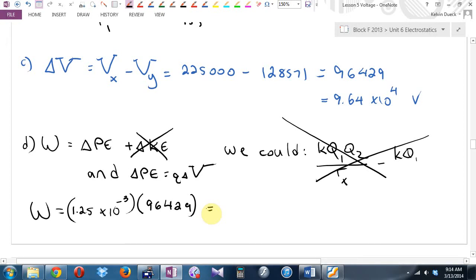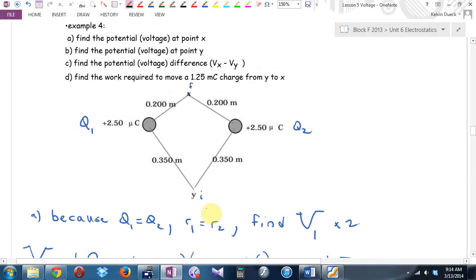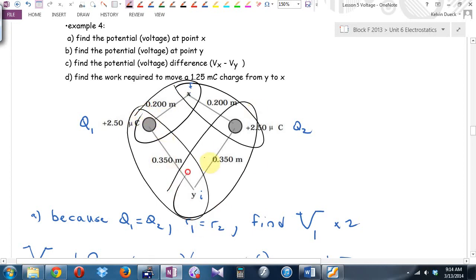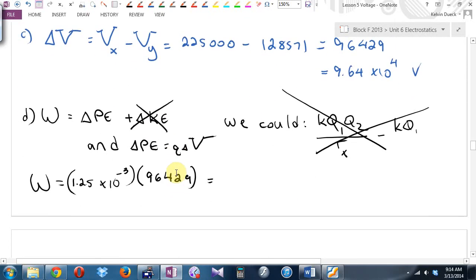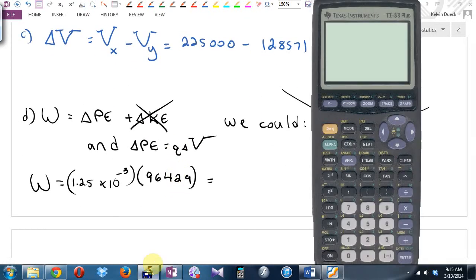If I did it that way, I would have to find the potential energy between those two charges, add them up, find the potential energy between those two charges, and between those two charges, add them up, and then subtract. I'd be doing 4 calculations. Minimum 4 lines, versus 2 lines. Much nicer. I happen to have this number still stored in my calculator, so I multiply that by